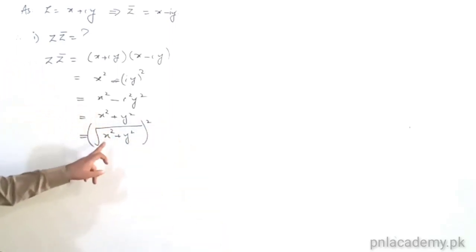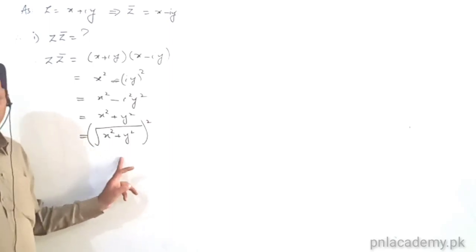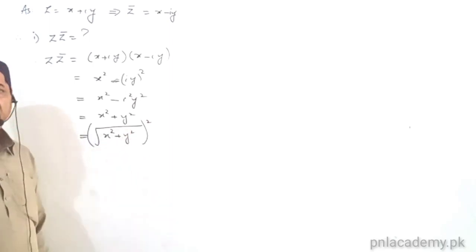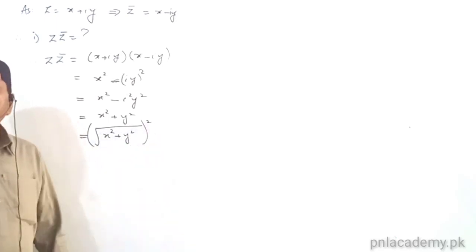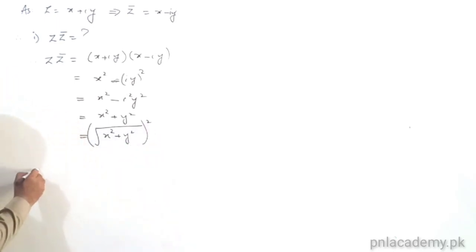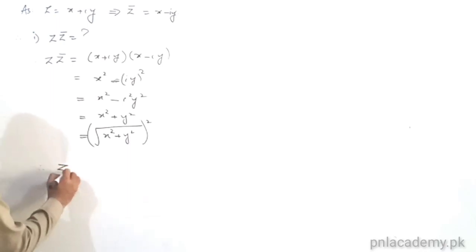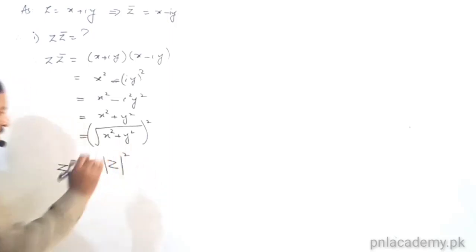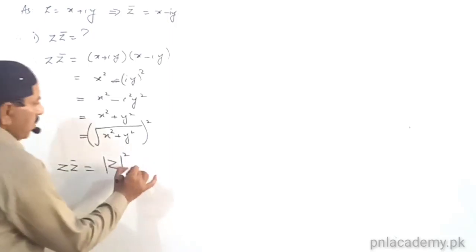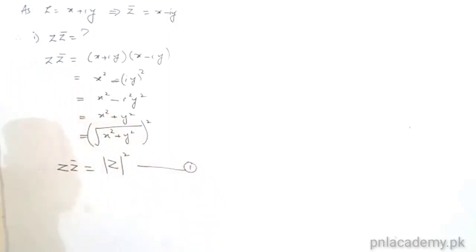So you already know that radical x square plus y square with radical sign is the mod of z, and with square is equal to mod of z square. So therefore, z into z bar is equal to mod of z whole square. Remember for this one. This is the option. Okay. Next is